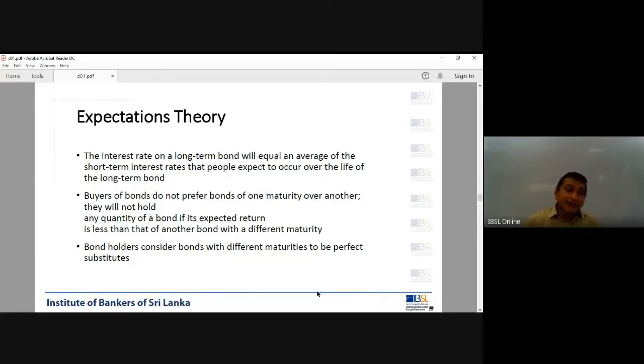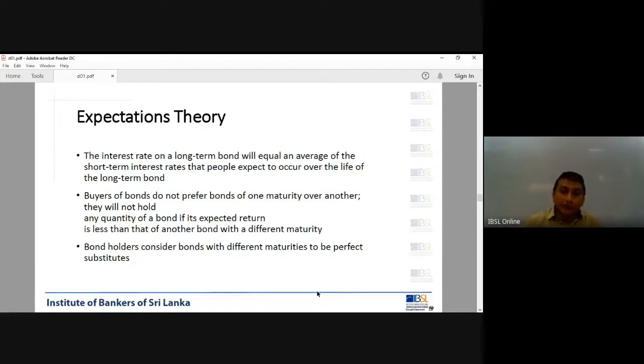What it says is buyers of bonds do not prefer bonds of one maturity over the other. Here, what they are basically bringing is that there is no preference of one maturity to the other. Investors will not hold any quantity of a bond if its expected return is less than that of another bond with a different maturity, because it's losing their investment's return. If you see the expected return of a 3-year is lower than the return of a 5-year,